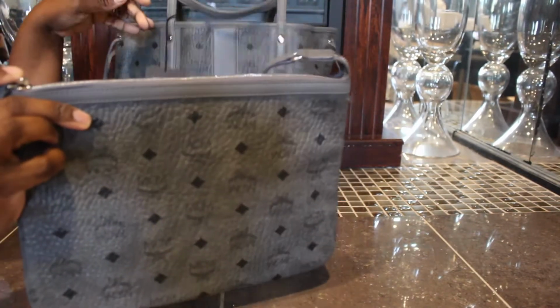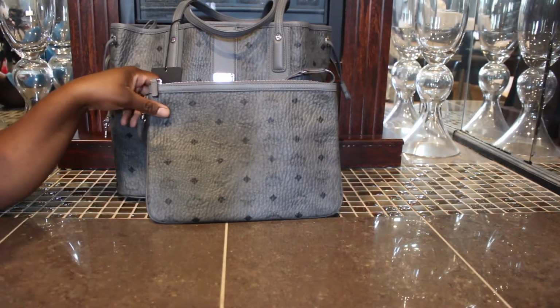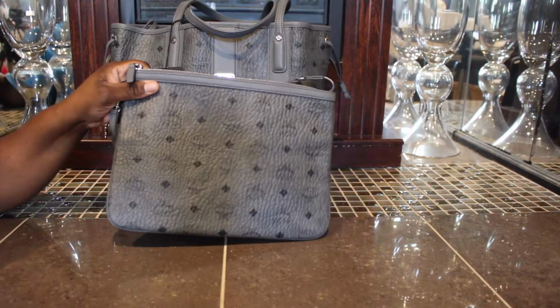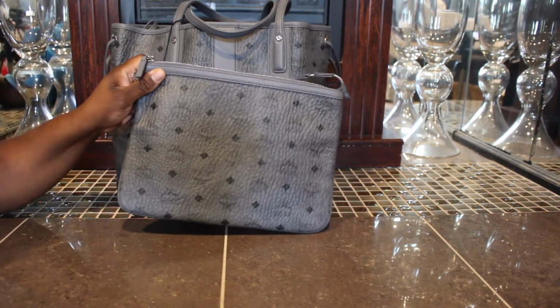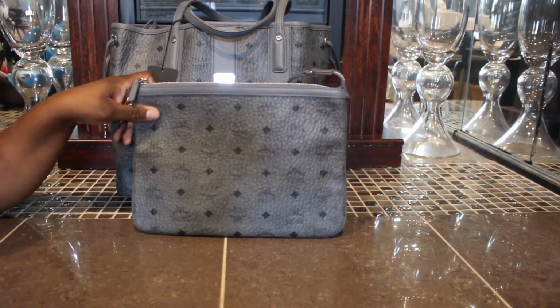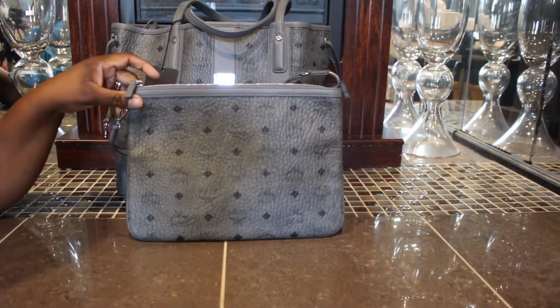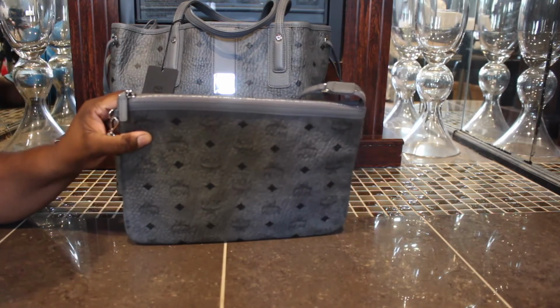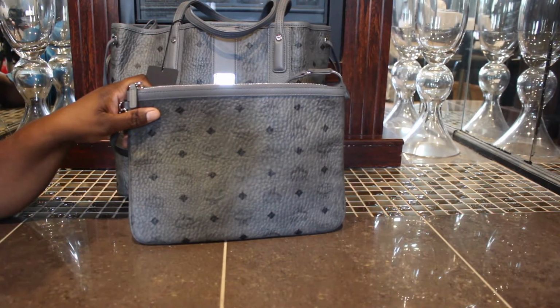It also came with the pouch, which I've seen this bag for sale, but it never has the pouch with it. So when I saw that it included the pouch, I was like, I need that. And it was brand new. But yeah, I am so excited. This is my last MCM bag that I'm going to get,